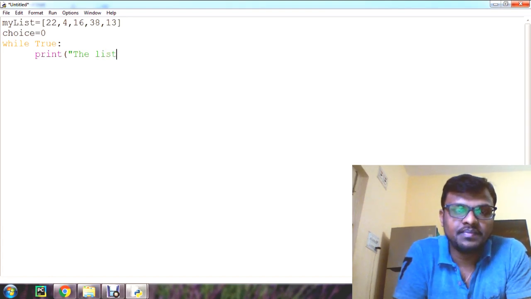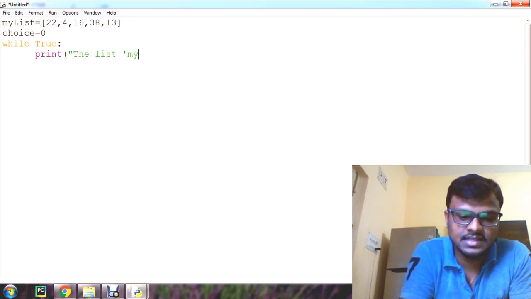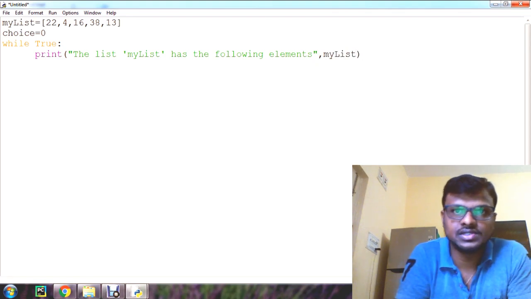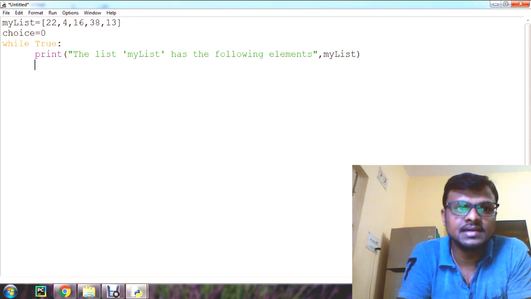Initially my program should give some basic display, that is basic print statements: my list has the following elements. This statement is going to print the elements of my list.